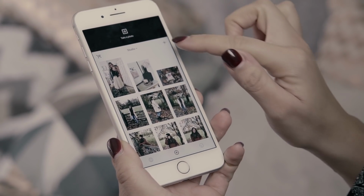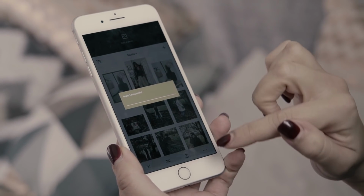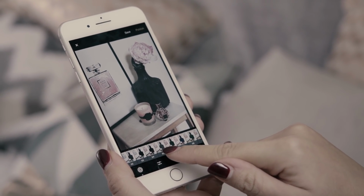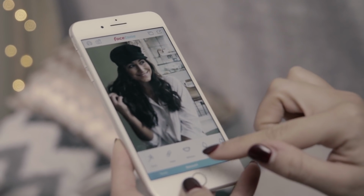Then I will put the photo generally into an app called VSCO, which a lot of bloggers use, and that will be to put kind of a filter over it slightly. I have quite a warm filter running through my pictures on Instagram. It's kind of an orangey tone. So I will then put the photo into VSCO, and I will apply, usually I use A5 or A6, the filter within VSCO. And then finally, I will often put my photo into Facetune, and within Facetune, I might just,